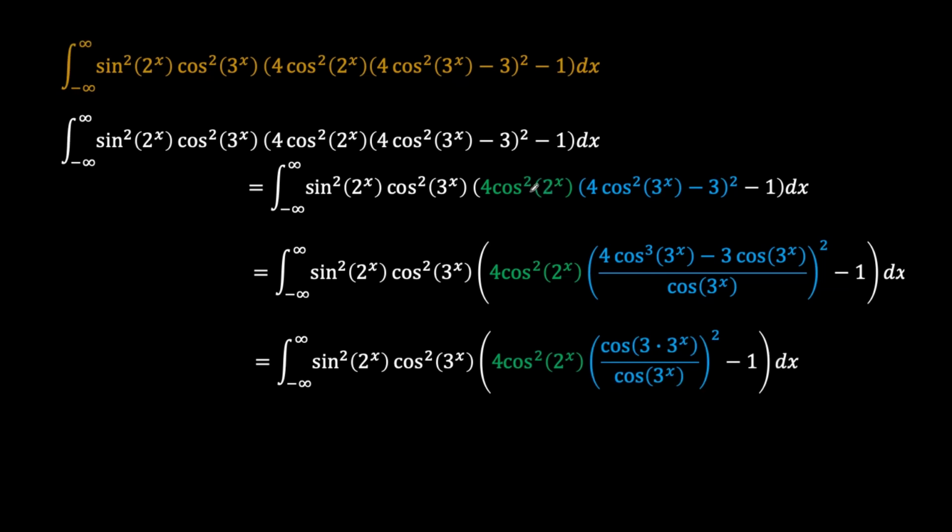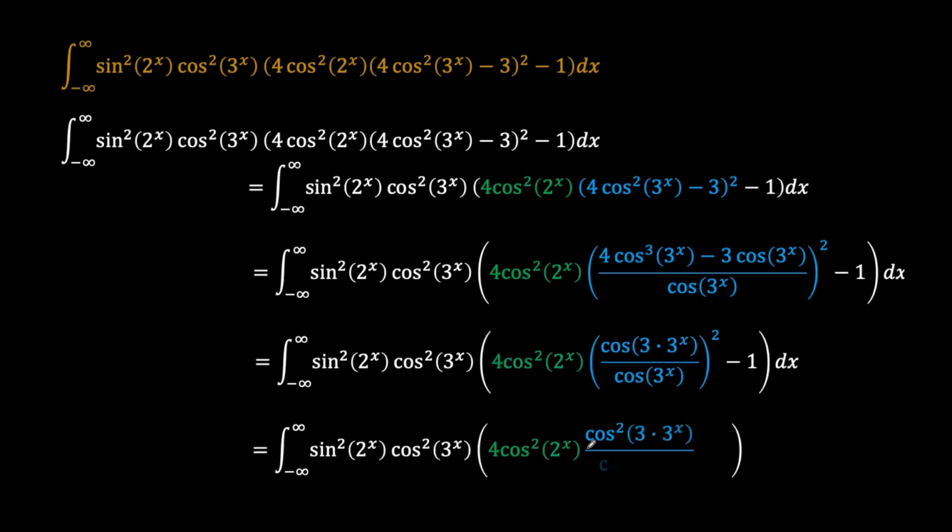Now let's shift our focus to the green part. That green portion can also be expressed by multiplying the denominator by sine squared 2 to the power x. If we do that, here we've just opened up the bracket by squaring both the numerator and denominator. But if we multiply the green part, both numerator and denominator, with sine squared 2 to the power x, what that essentially becomes is